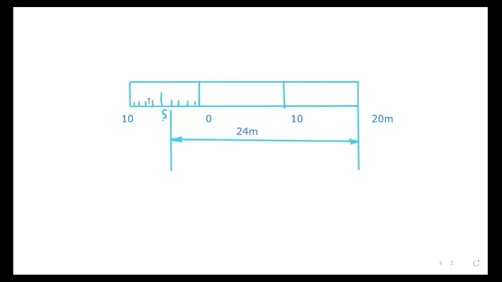Okay. Now you have to measure 24 meters. So 0 to 10 is 50 millimeter. You have to divide this again into 10 equal parts, so each part will be 5 millimeter. So this represents 1, 2, 3, 4, 5, 6, 7, 8, 9. So from 0 to 20, plus 4 meter, this length will represent 24 meter. Okay, so this is problem number 4.